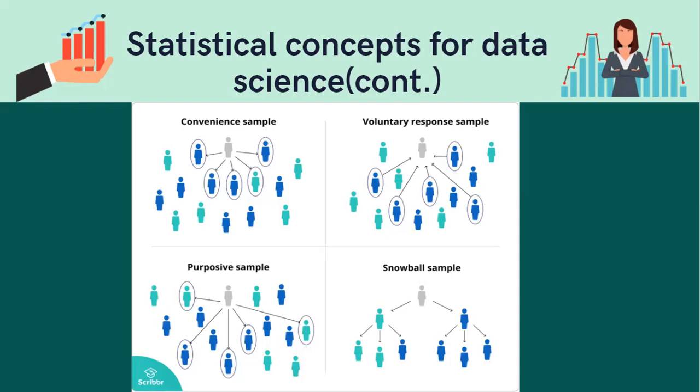And then we have purposive sampling. If I have a purpose, say I want to know who all are interested in a master's in data science, then ultimately I have a purpose: I want to know the ratio of the people who are interested in a master's of data science. So ultimately, I will target only those people. That is my purpose. That is what purposive sampling is. And then we have snowball sampling. Snowball sampling is also referred to as reference sampling. Suppose I refer a plan to someone, and that someone refers the plan to a third person, and that third person refers the plan to two more people. So that is what a snowball sample is.